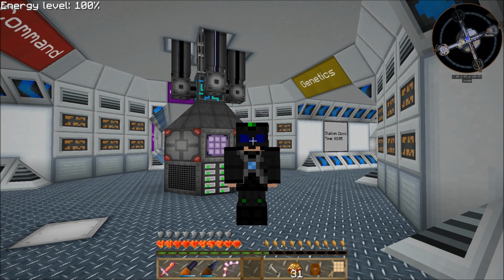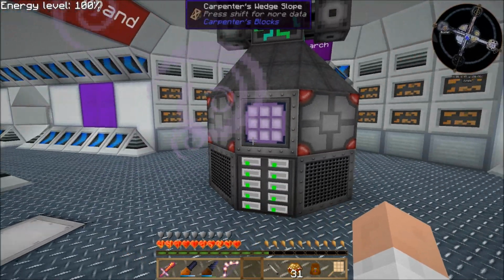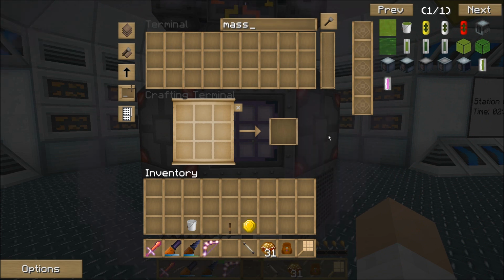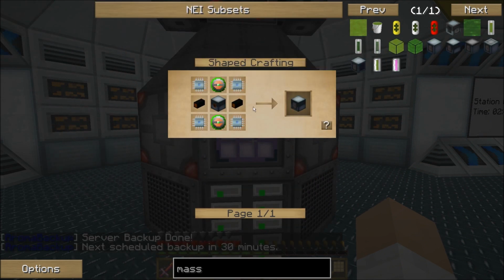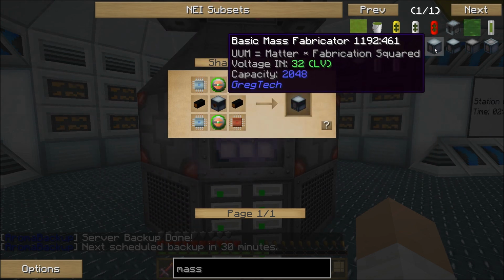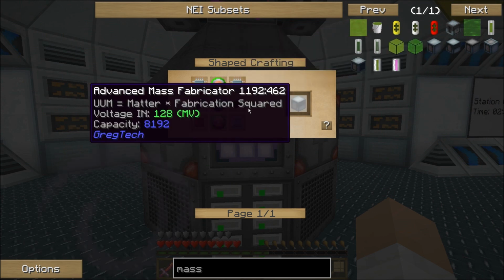I would love to get the quantum armor, but that is going to require a lot of iridium. And in order to do that, we're going to have to make some replicators, a scanner, and there's one other thing that involves the scanner, the replicator, and the mass fabricator, I believe. Yeah, mass fabricator probably is for making the juice. The problem with doing these is